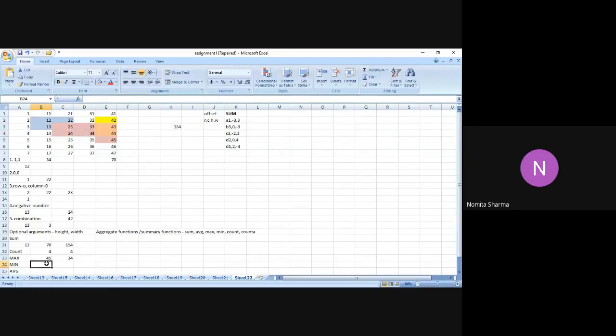In a similar manner, we can have the min option also, where from the defined array given by height and width, it will actually give you the minimum value. So let me just start with the simple option of 2 by 2. And then I say, oh, I didn't write the option. That's okay. I can write on the bar also.